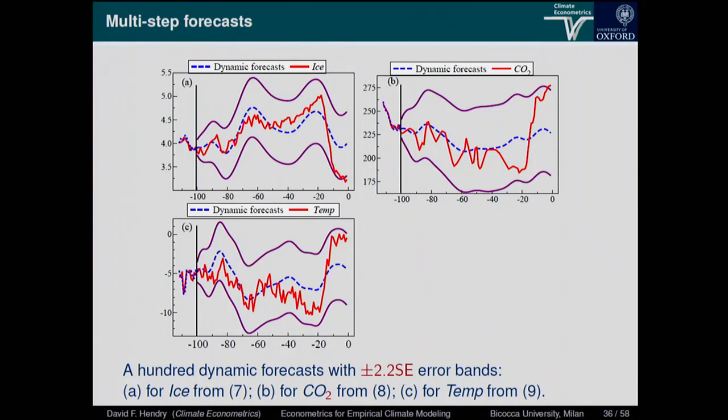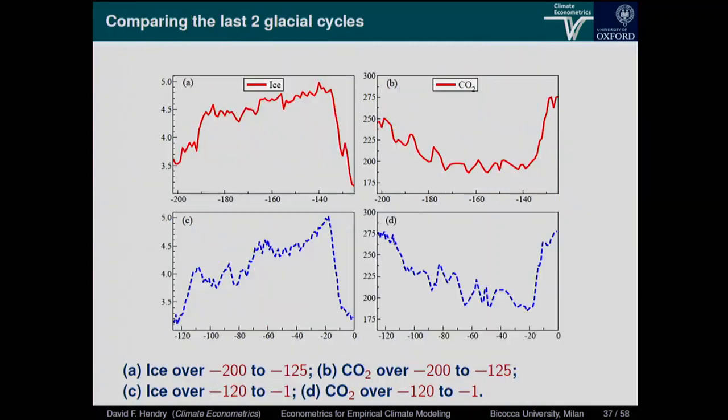So these are the 100,000 year ahead dynamic forecasts, right? Wouldn't we love to be able to do this in economics? I really enjoyed doing this study. So they're great up to about 20,000 years ago. You can see they're tracking really well. They mostly stay within the confidence bands until the very end, where CO2 and ice pop out. But they're for 2.2 standard errors because 10% of the explanation in sample was from outliers, and we can't do outliers in here because it's all ex ante.